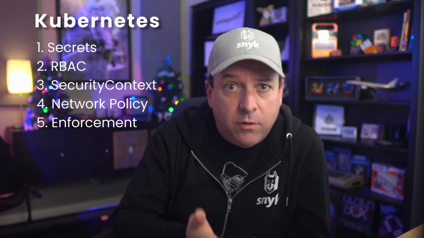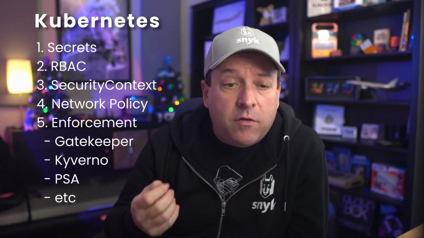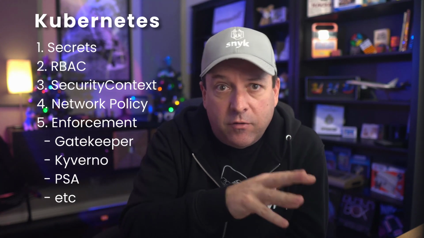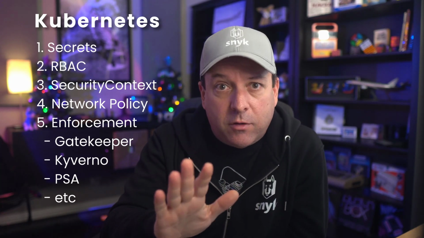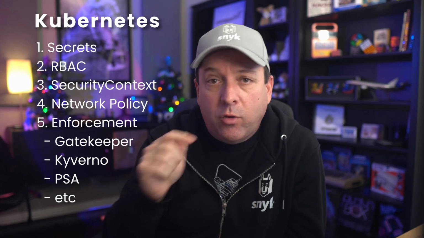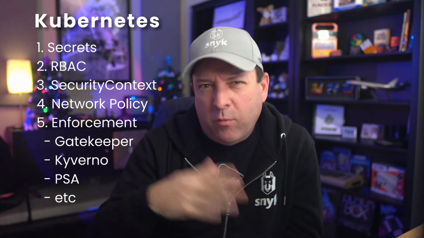And finally, all of these things need to be enforced. It's great to do these things, but it's better if you can make sure they're being done. Admission controllers like OPA's Gatekeeper, Kyverno, and even the built-in pod security admission, PSA, set to restricted level, will stop a lot of bad practice in these areas from ever making it into your cluster. So an admission controller is at the front door, basically, and says, hey, what you're asking me to deploy is out of policy based on what you've written in your policy as code. And I'm not going to let you do that. You can also do mutations and things like that.